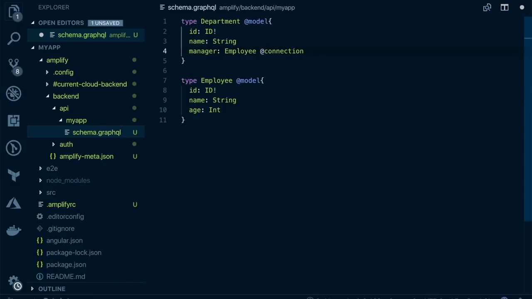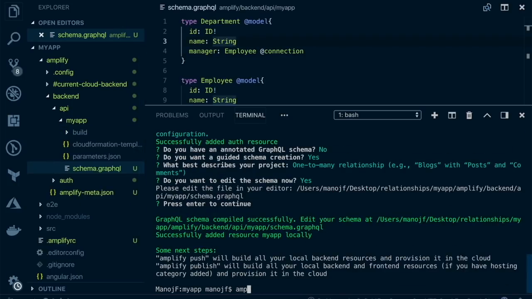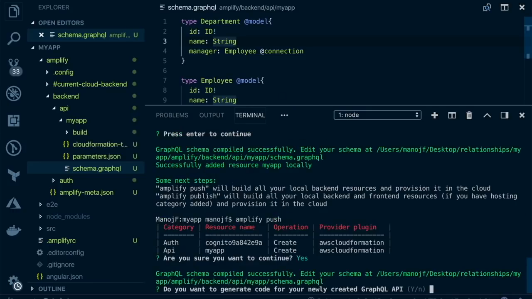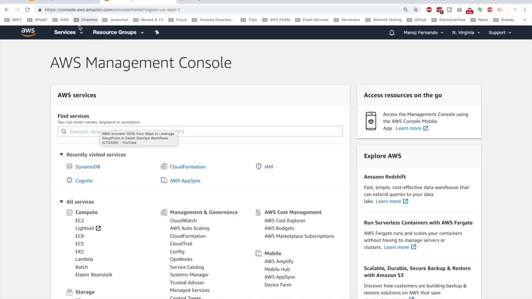So let's see this in action. I'm going to open up the integrated terminal again and hit enter, and then I will type amplify push. Now Amplify is going to compile the code and create a CloudFormation template, and then it creates all the resources. So answer yes to all these questions. All right, so it has given me the GraphQL endpoint, and let me go to the AWS console and see the